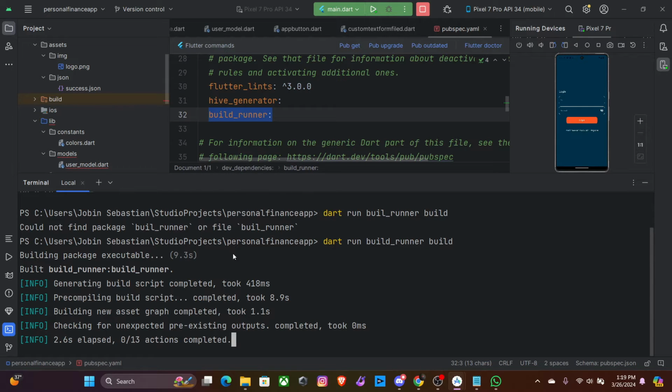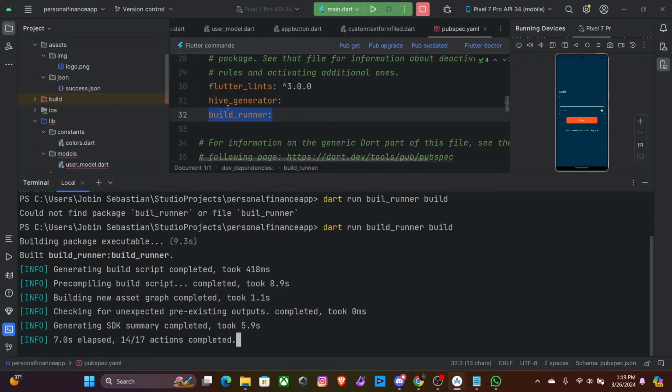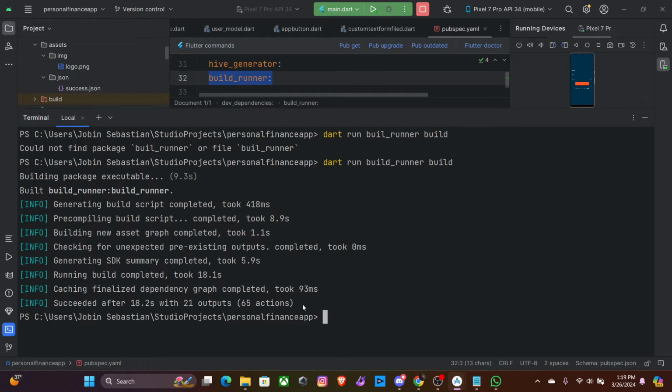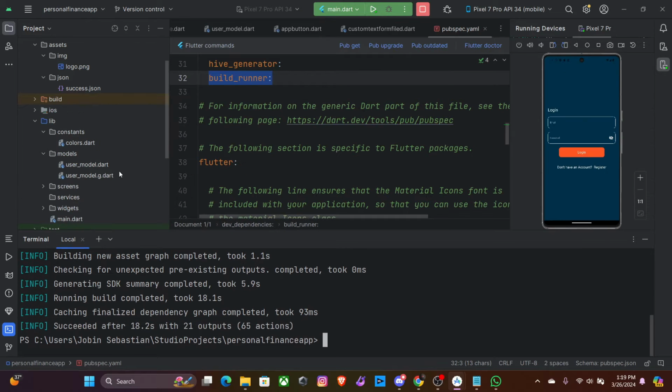And for running this build runner, you need to add these 2 dependencies. Okay, it's giving you some feedback here, and after some time you'll get something like this. Okay, so the build has succeeded,